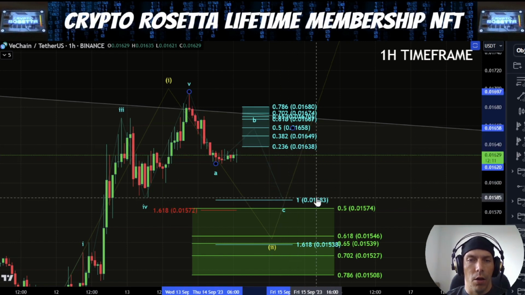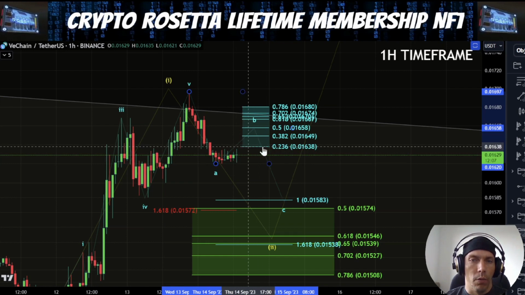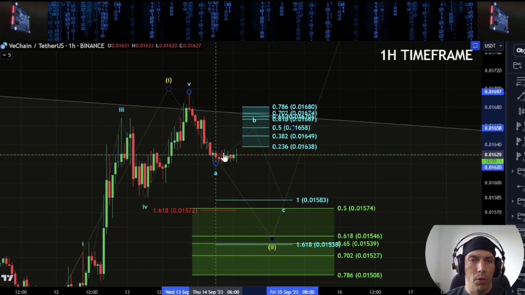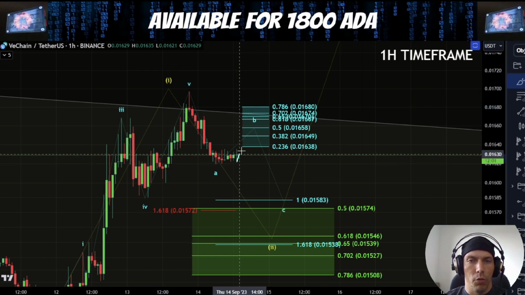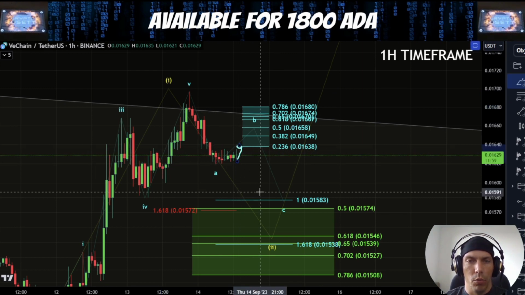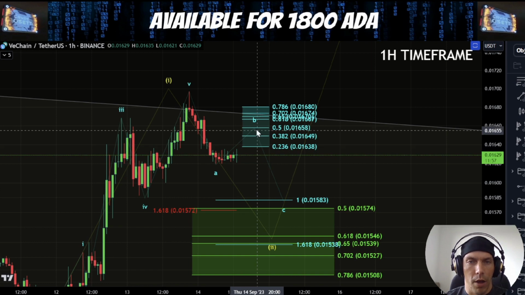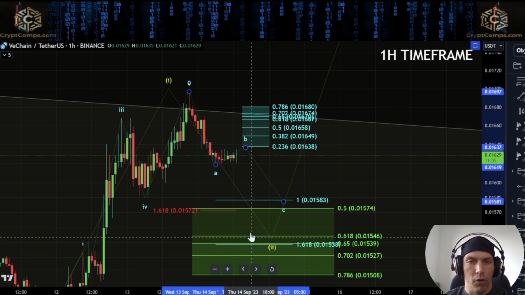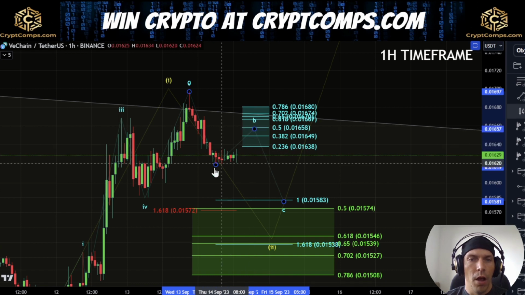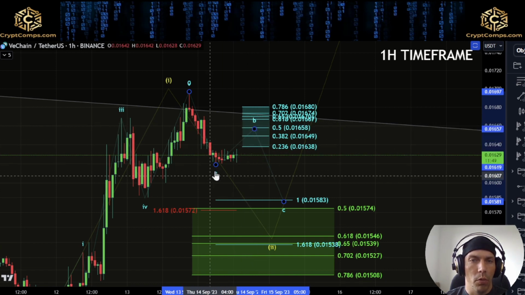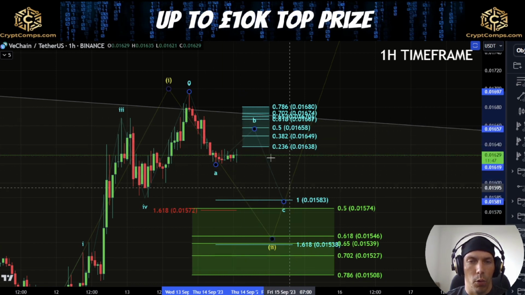Now, depending on how high we come here, this will adjust this area that we look for. I've got this 236 on here because this move is very shallow. If we do see price looking to push up towards the 1638, I will be watching out for a possibility of a reaction where we could get just a very shallow B wave here, and then we see that continuation to the downside. Otherwise, I would be looking for a bit more of a substantial push up here before this